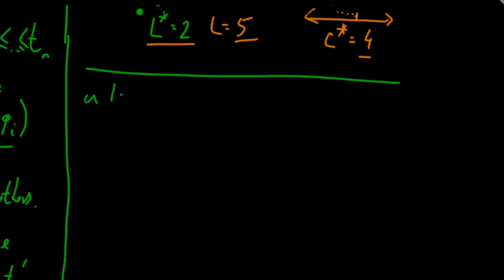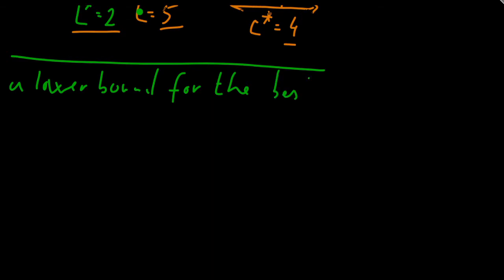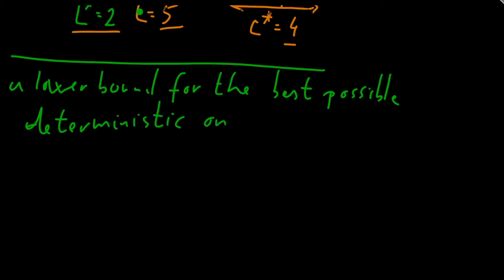So a lower bound for the best possible deterministic online algorithm. So since we have here a lower bound, which means that no algorithm can be better than that,